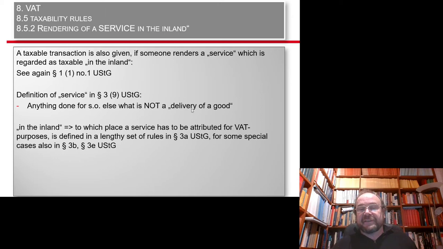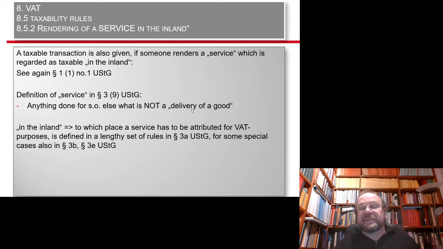Number 3 does not exist, but let's think about services. You also had the rule that rendering a service, which is taxable in the inland, would be taxable. Again, number 1 is the basic rule, which has to be tested. The definition of a service is in 3 number 1 UStG. Anything that you do for somebody else that is not a delivery of a good. And if that happens in the inland,